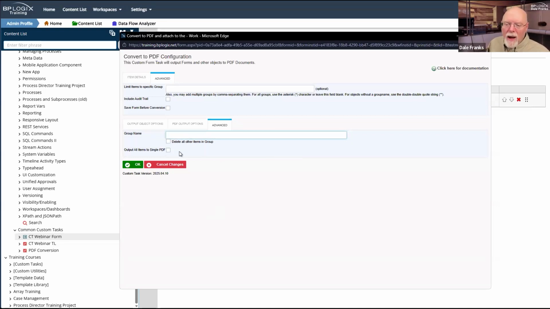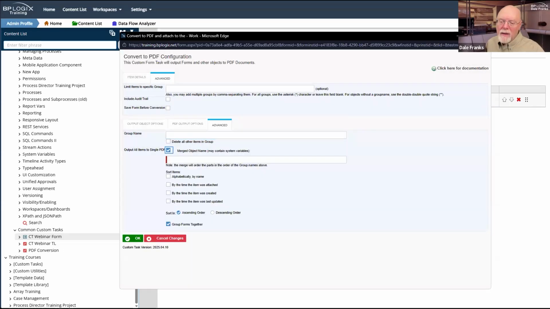So the thing is, right now, if I was to run this, it would work and it would convert every attachment. I don't have any, and I've only got one form, but it would convert everything to separate PDF files. I can change that. I can click this button to output all of the items to a single PDF file.